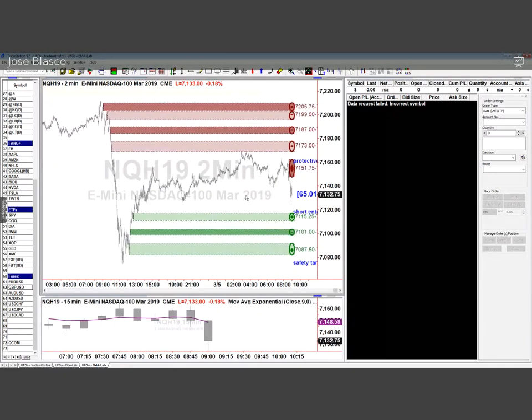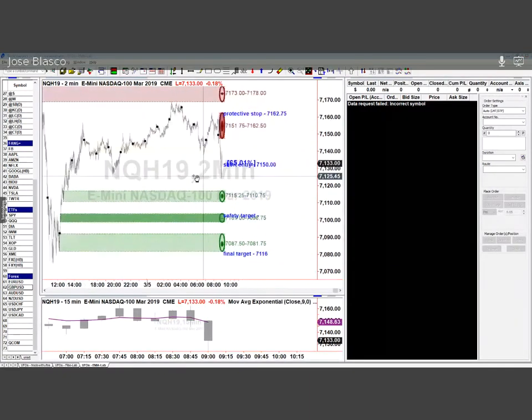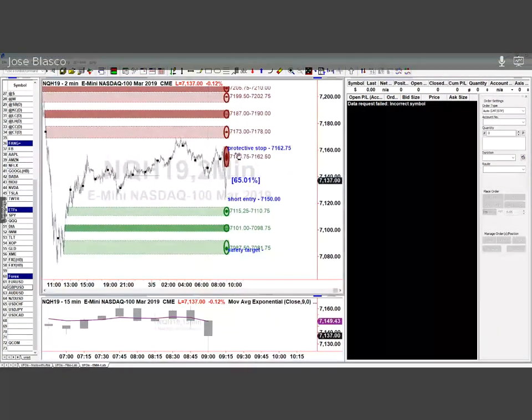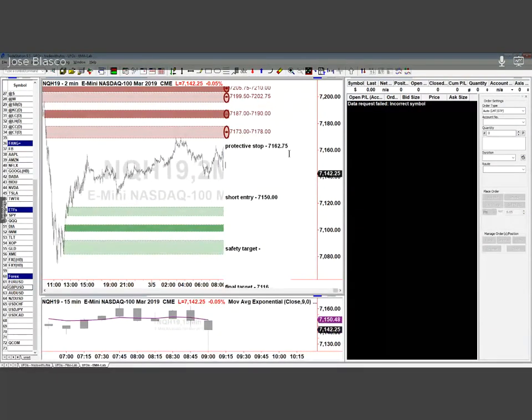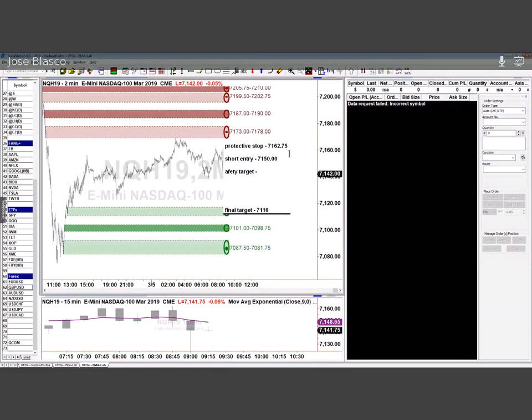location. So let me move this a little bit to the right so you can have a proper screenshot as I have this trade a little more adjusted. I'm just scaling out to try to put the text in a place where it actually makes sense. So final target 71.16. You could certainly go for 71.15.25, which is the middle part of the circle, but I'm just going to take it a little more easily.